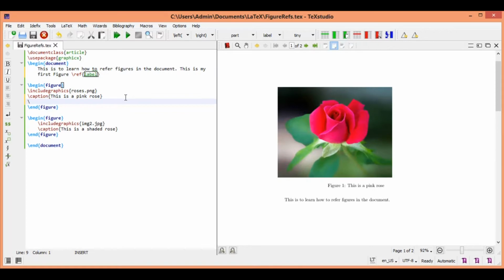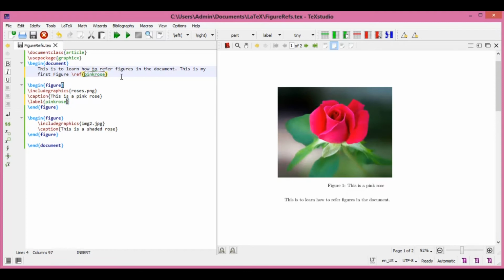A label is nothing but you give a name to the entity. For example, my name is Priya, which means I am given a label or identification that it is Priya. The same way we will name this figure as label. I am going to say this is pink rose. Just to remember what this is about, I am giving a valid name that I can remember. So if I have to refer to it by the name, I am going to say it is pink rose here.